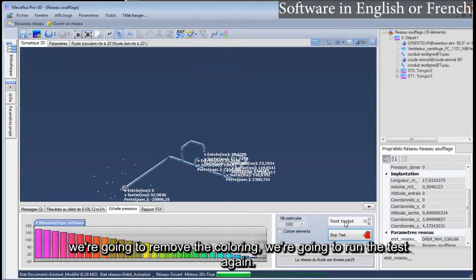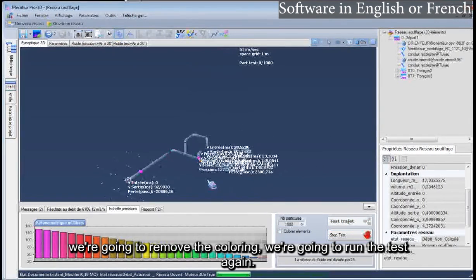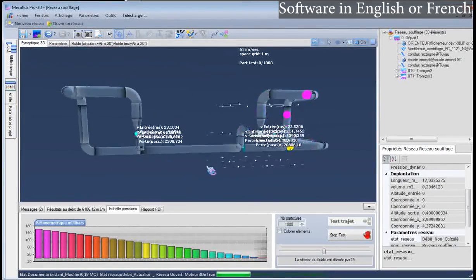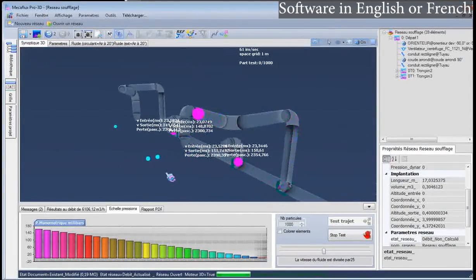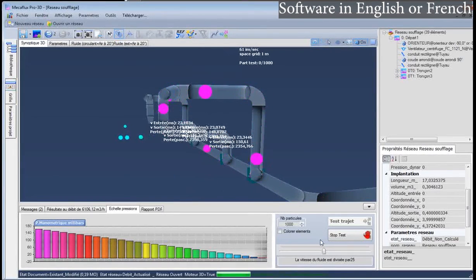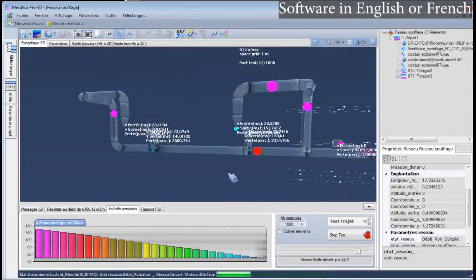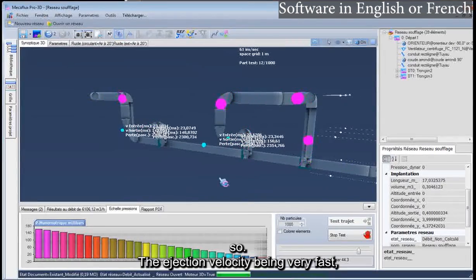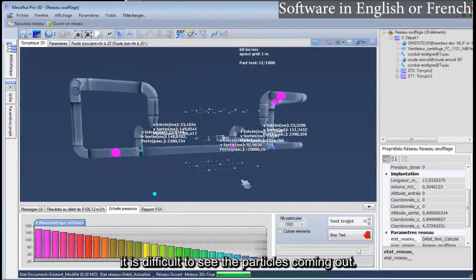We're going to remove the culling and run the test again. We're going to slow down. So, the ejection velocity being very fast, it is difficult to see the particles coming out.